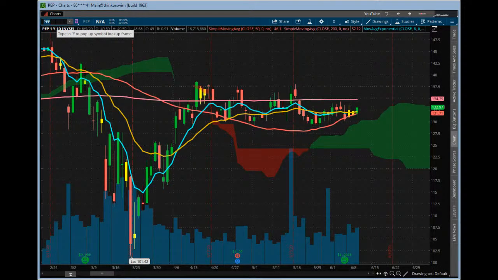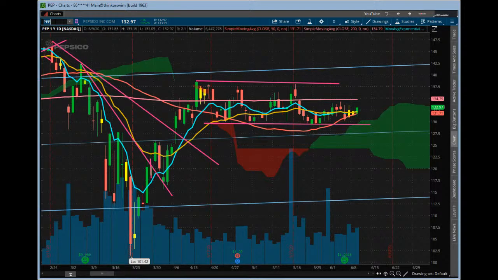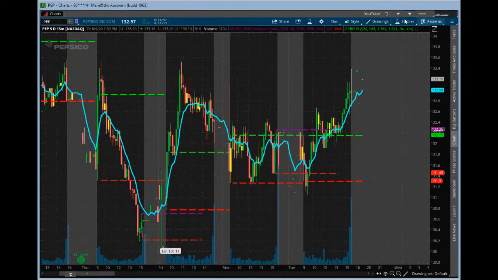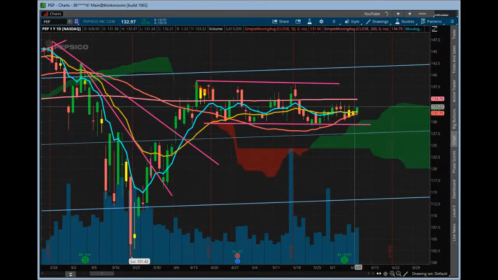Good consumer staple if the market decides to get weak again. And Pepsi's doing the same thing, just chopping around as well. It's holding the 50-day, double inside day from yesterday, and gave a great move up today. Some of our members actually capitalized on this move at the end of the day, which is pretty cool. But let's see what it does. It's still under the 200-day. I'd like to see it get above it on that one.